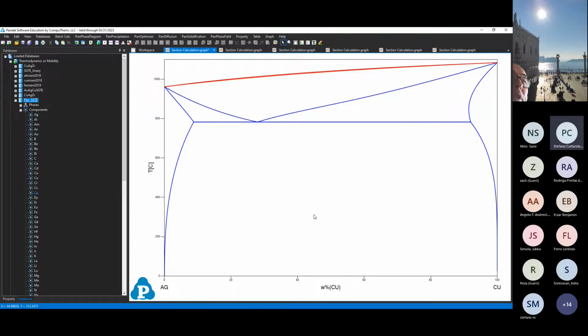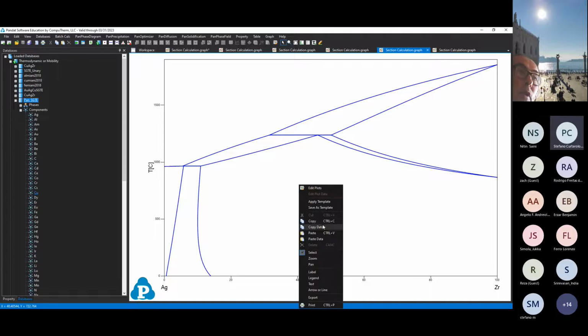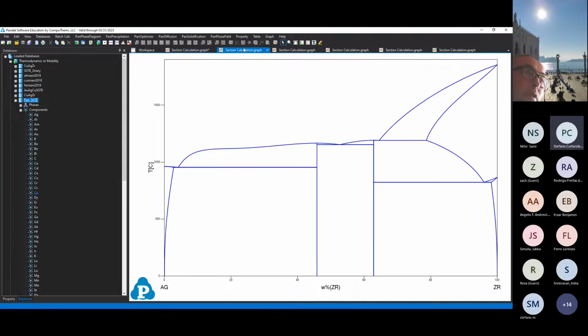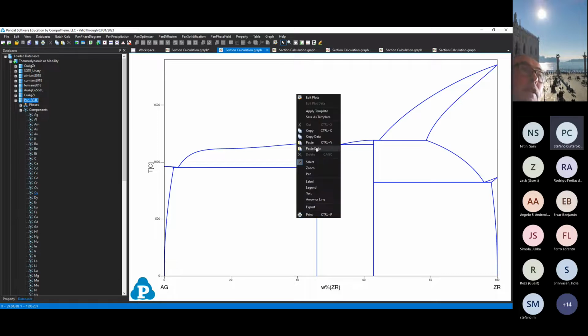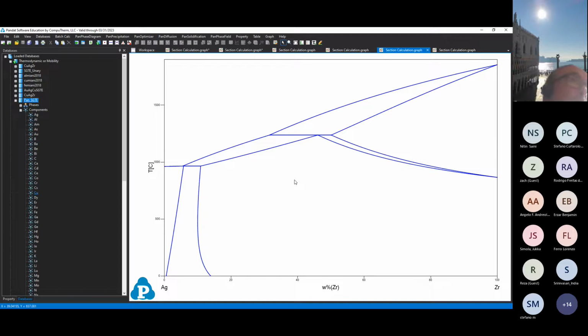In red, there will be the ideal phase diagram, and then in blue, the real phase diagram. The situation is totally different for this one and also for the other situation. So this is silver and zirconium, copy data. And we will paste the silver and zirconium data. We see there is something that resembles the real blue data in the ideal phase diagram, but not that much as well. And then we will go in